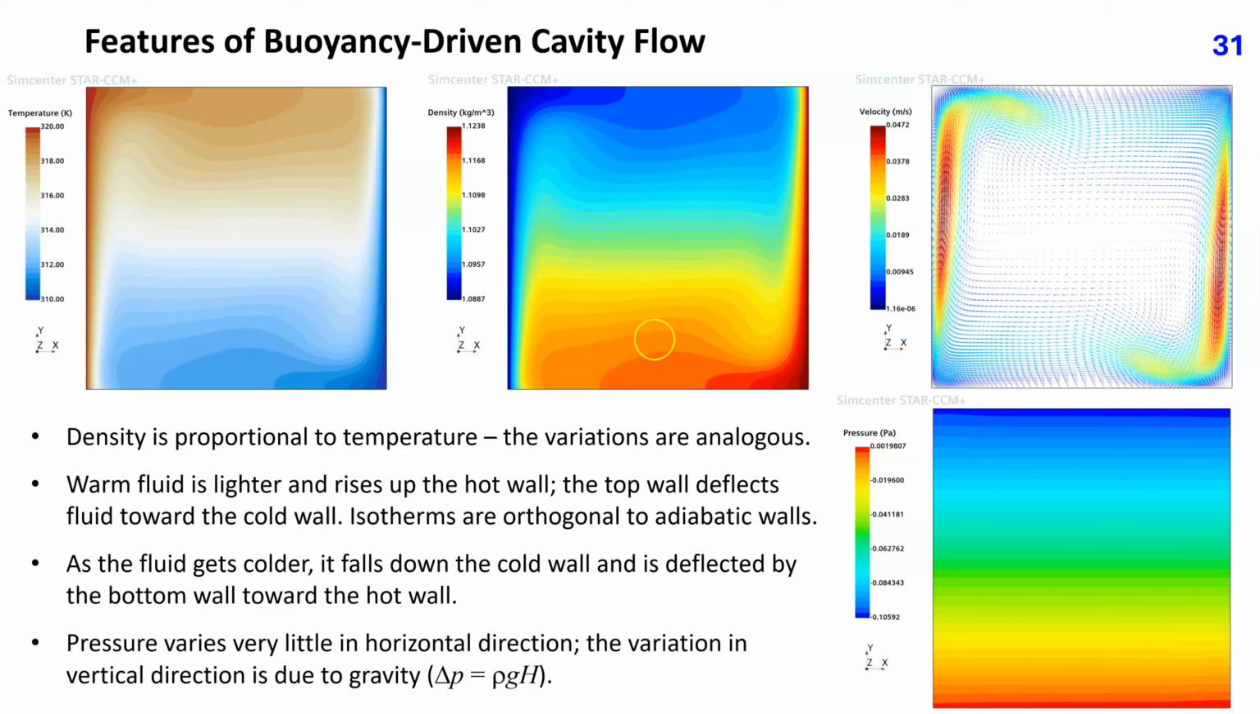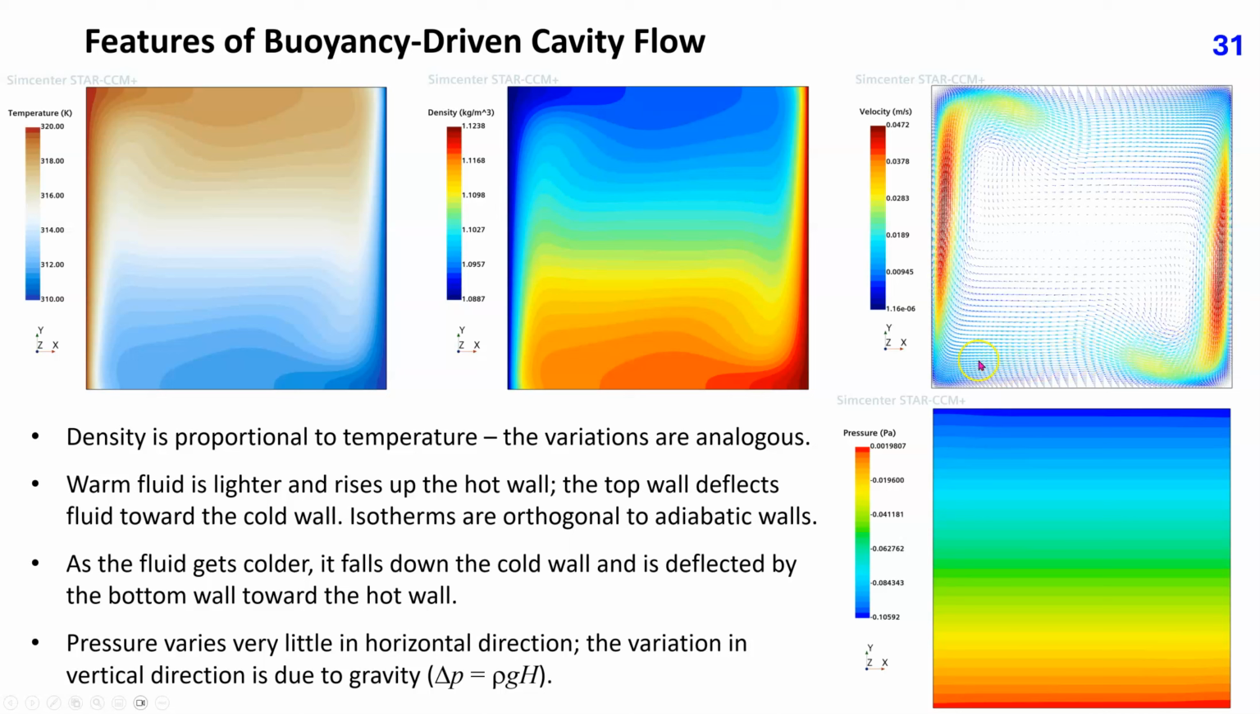Note that the isotherms are orthogonal to the adiabatic walls as required. Adiabatic means zero heat flux, and this means zero gradient of temperature in wall normal direction. As the fluid gets colder, it falls down the cold wall and is deflected by the bottom wall toward the